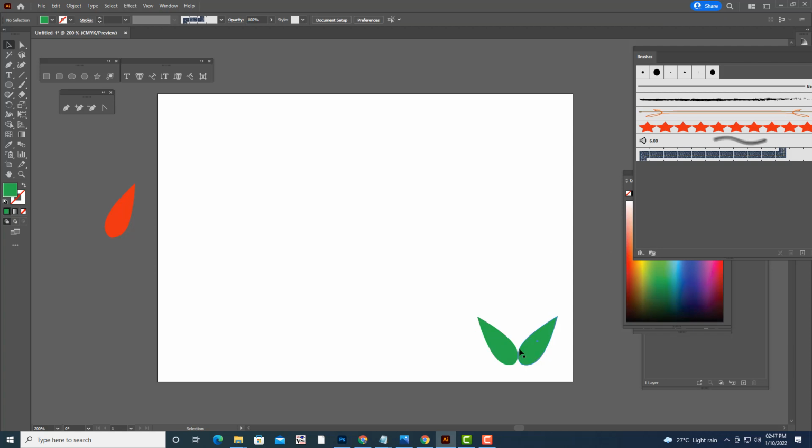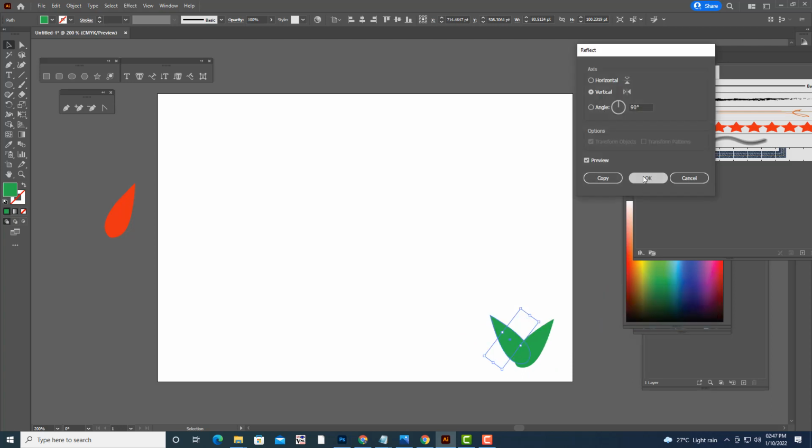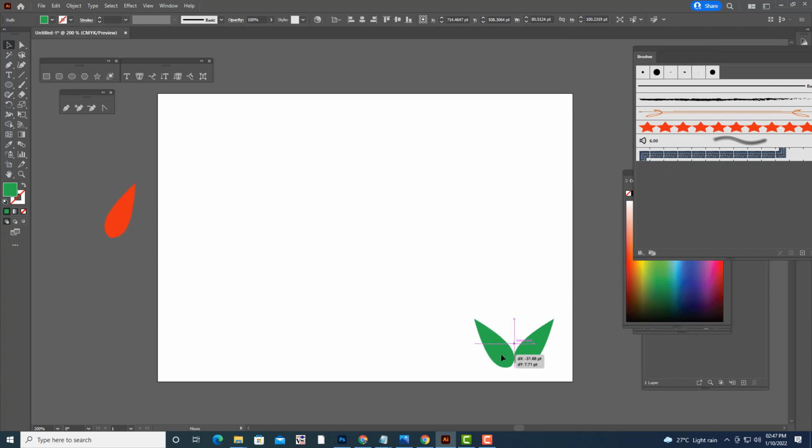Or we'll just delete it and we'll just take a duplicate. And then we will flip. Once you have created it, we'll just merge them, or you can say unite them.